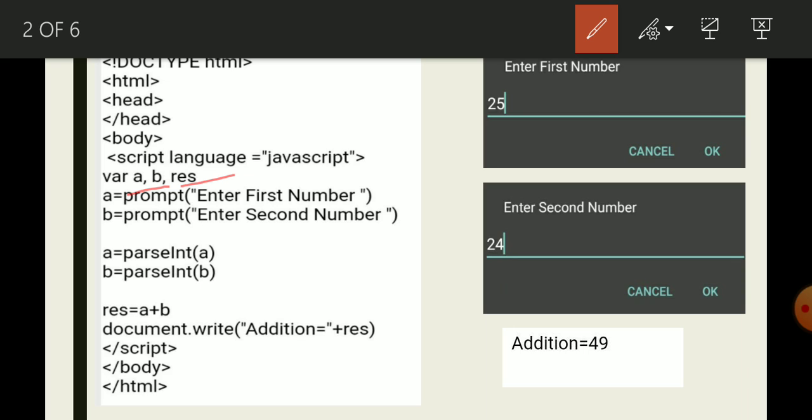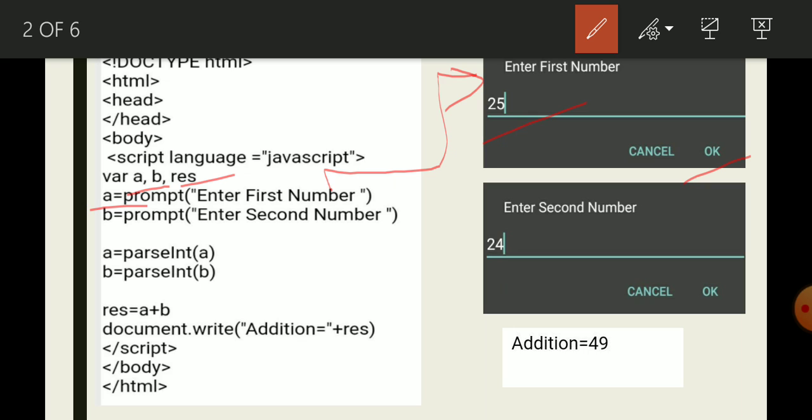Then A is equal to prompt, enter first number. The message "enter first number" is displayed to the user so he or she understands what to do. Here the value 25 is entered by the user, and after pressing the OK button, this 25 is stored in the variable A. If the user presses the cancel button, then it will not be stored.